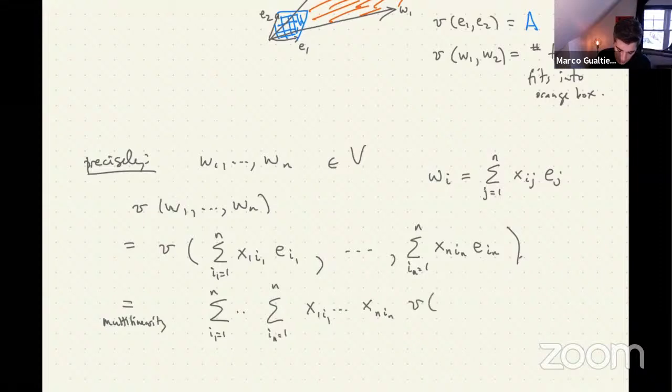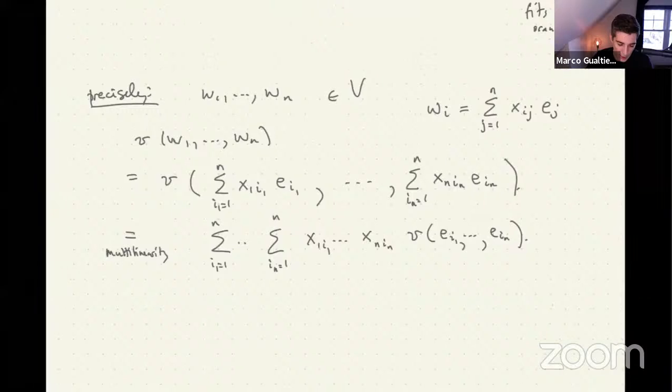And then I have the volume of E_i1 up to E_iN. Okay, so this means that now I've expressed the volume of this arbitrary list of n vectors in terms of a sum of numbers multiplied by basic volumes. This is a volume evaluated only on the basis, right? But now what I can use is skew symmetry,